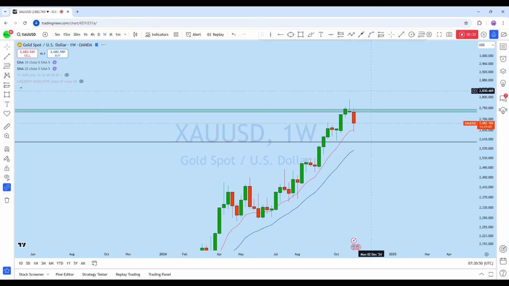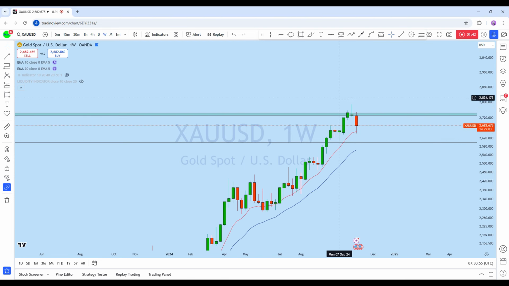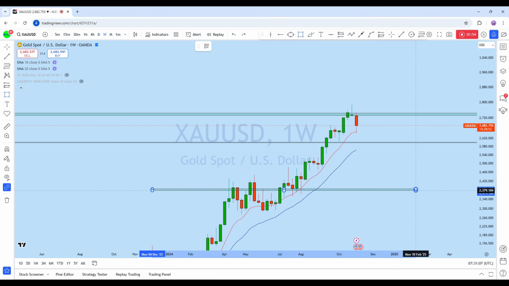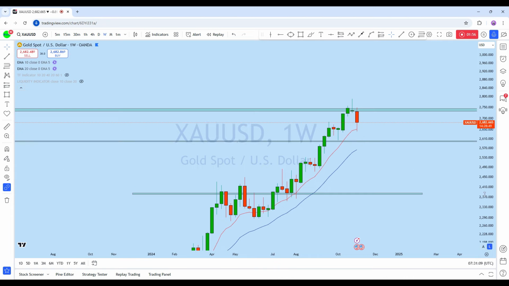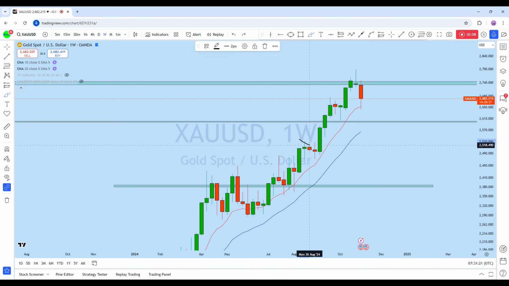Now if we look at the weekly chart to see a little clearer picture, there's a pattern that we can look at here. From the weekly perspective, there's an inverted head and shoulder in that area, and a complete breakout from that inverted head and shoulder, leaving an order block, which is an important order block on XAUUSD. We can see there is a weekly doji formation, where this weekly doji is a long wick candle where there was a high liquidity grab, followed by back to back 3 weeks of doji formation, which is